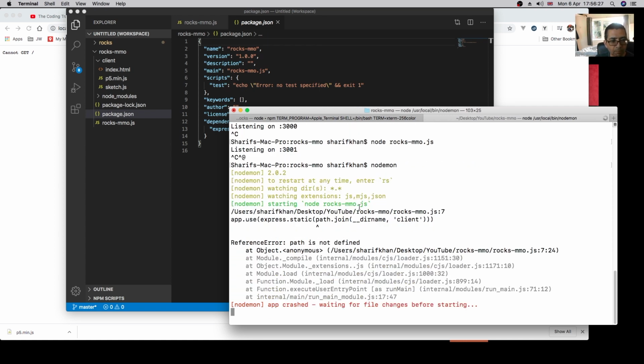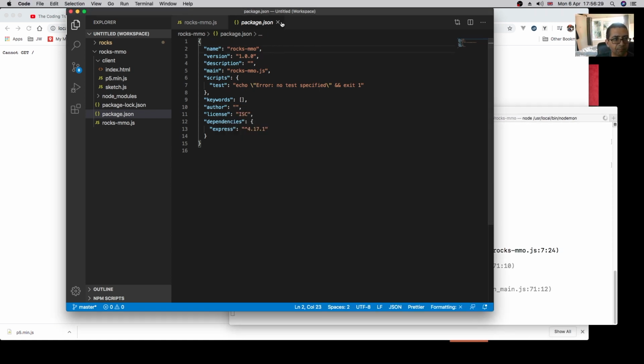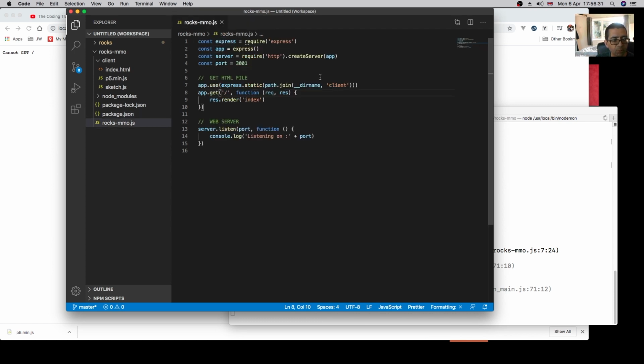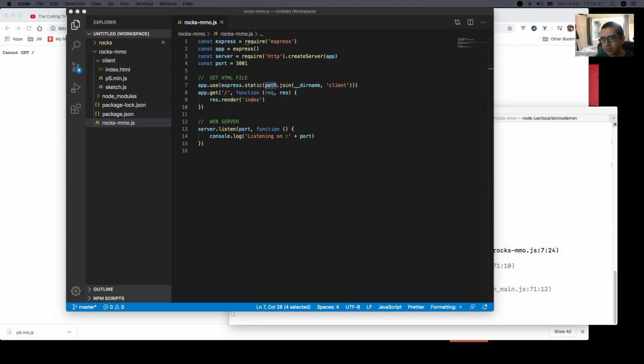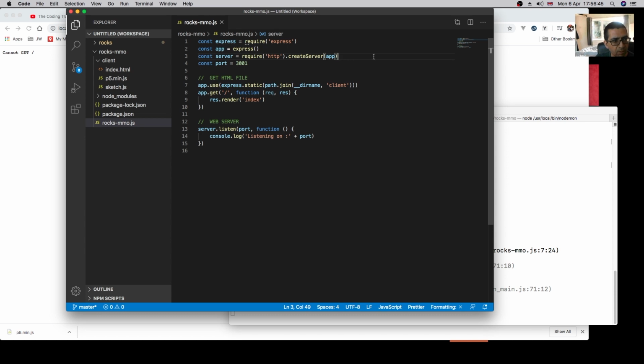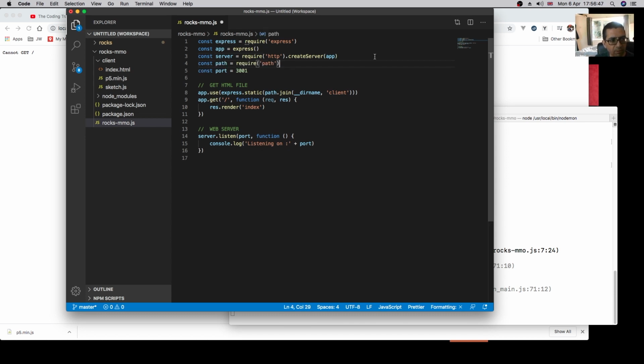Okay, so path is not defined. So we are getting errors, but they're quite clear at the minute what's going on. Path is not defined. You notice we have this path constant here, but we haven't set it, like we didn't with port earlier. So let's just, again, I'm just going to copy this. There, so we're just going to require this library, path. Now I don't think we have to install this, it's already built into Node, we just need to import it